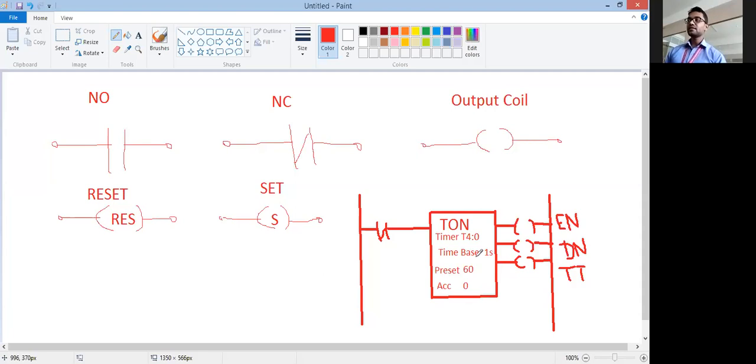Then the time base is 1 second, the preset is 60 and the accumulator is 0. So it is a 60-second timer which will increment by 1 second. If you set the time base to 0.1 second, the timer will increment by 0.1 second each time, and the accumulator will indicate the present value. So this is your on delay timer.